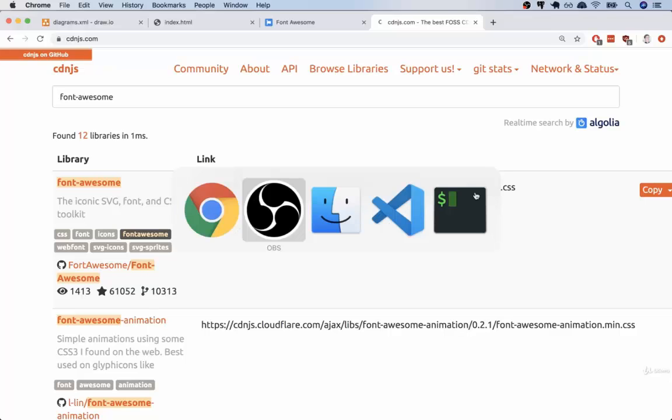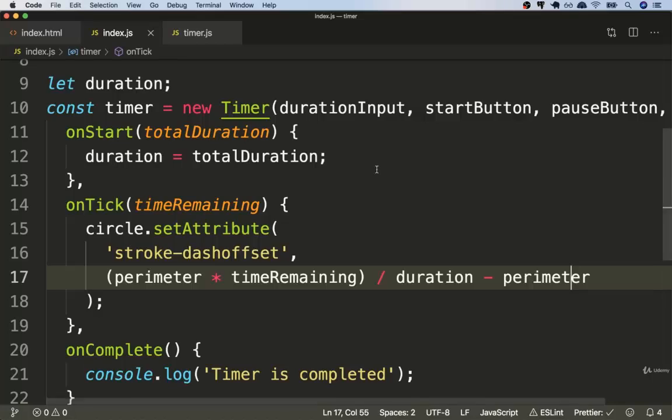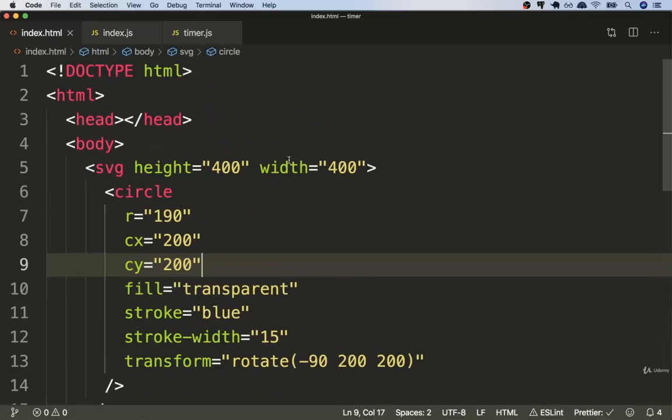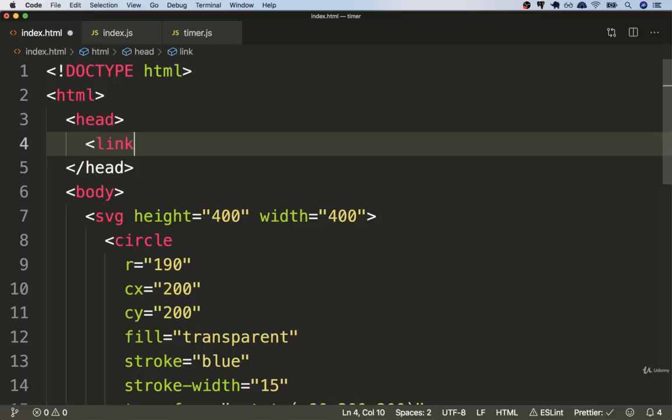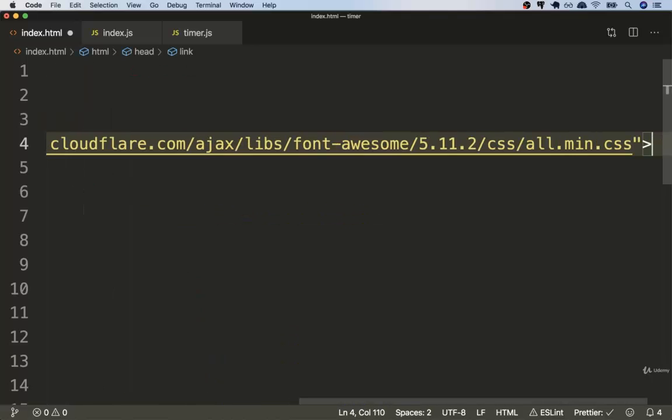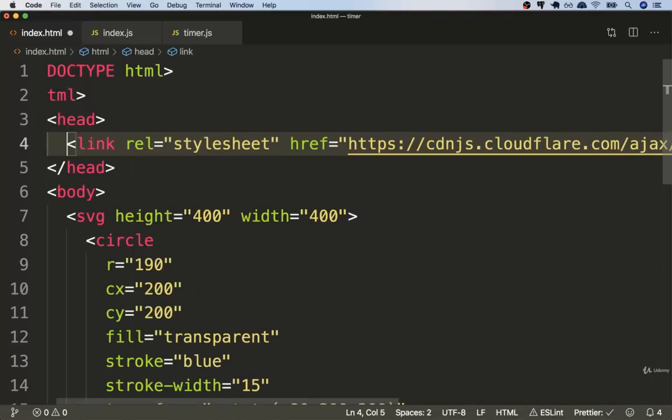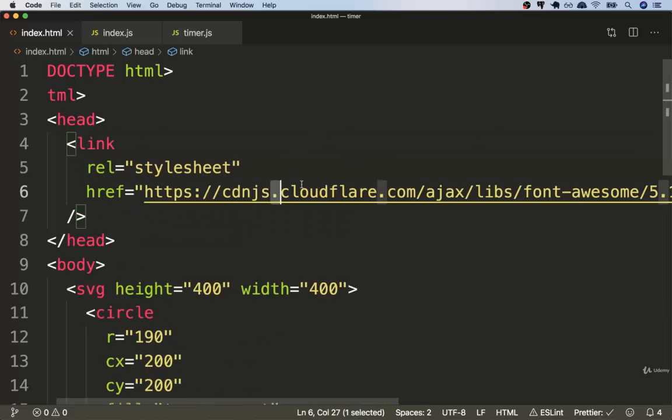We'll then go back over to our HTML document. Here it is right here. I'll go up to my head, and I'm going to add in a link tag. So I'll say link. We're going to use a rel of style sheet, and then an href, and we can paste in that link that we just copied. Okay, so now that we've wired up Font Awesome, we can take a look at the Font Awesome documentation and